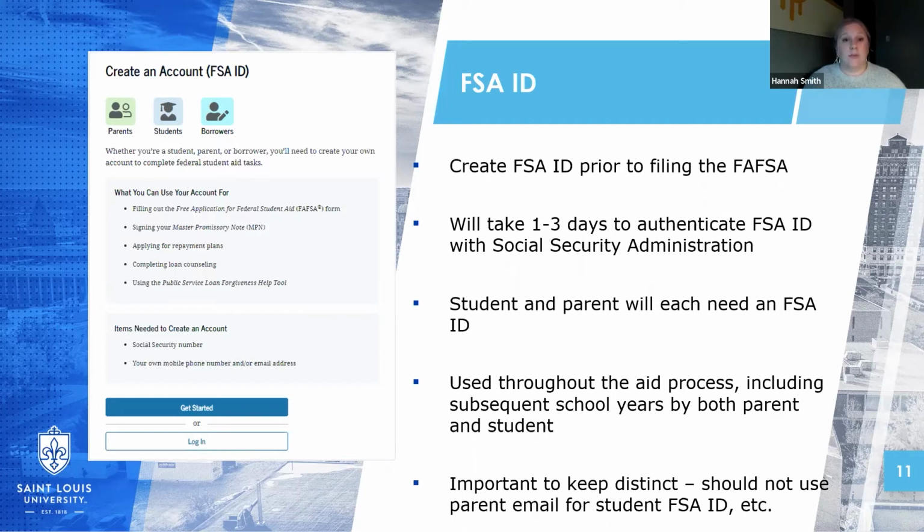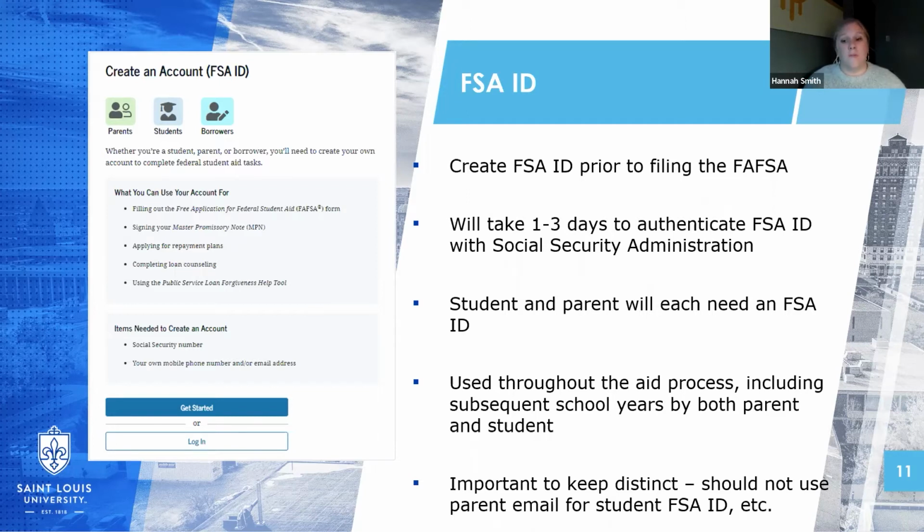So you'll want to keep that information in a safe place and make sure that information is distinct from your student's. Every FSA ID has to have a distinct mobile number and email address that's associated with the FSA ID. So parents, you'll just want to make sure that you are not establishing your student's FSA ID with your email or vice versa. It gets really confusing if you're trying to create both the student and the parent at the same time and go through all of the multi-factor authentication